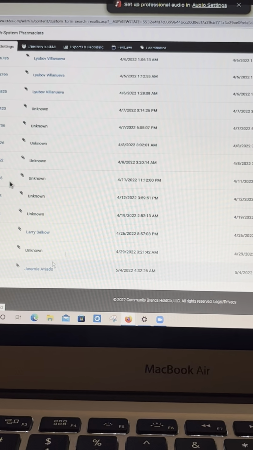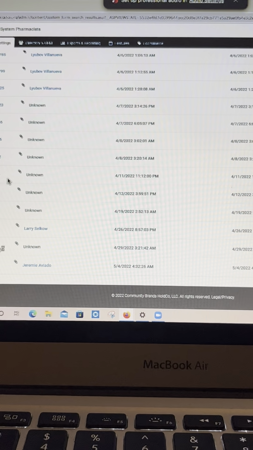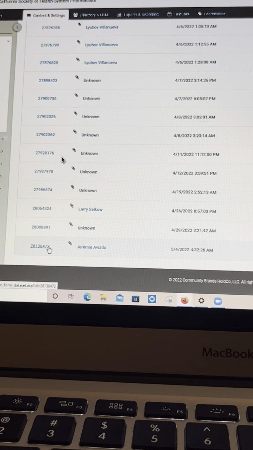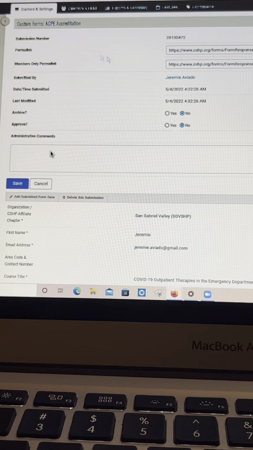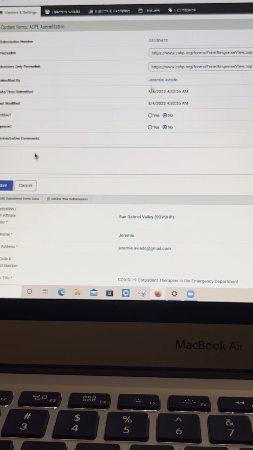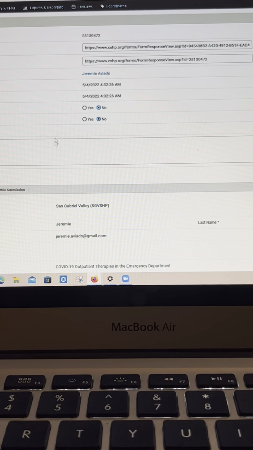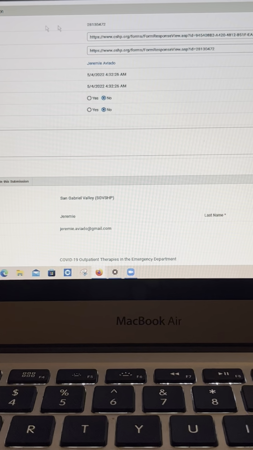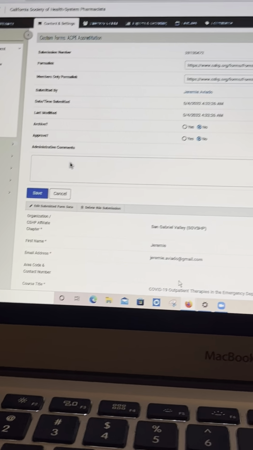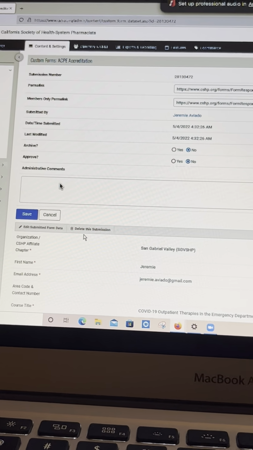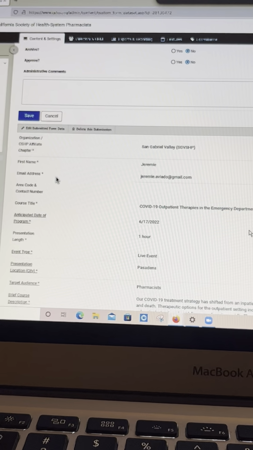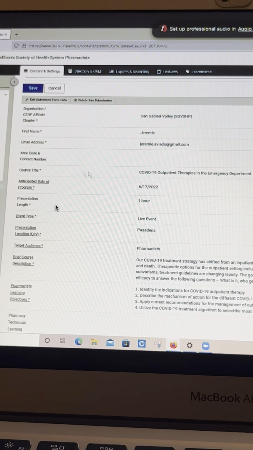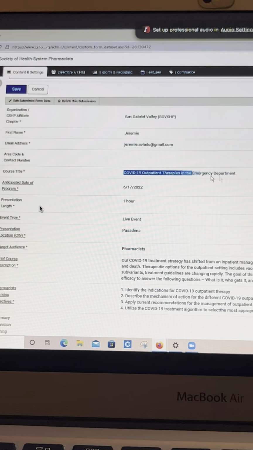Yeah. Okay, so this is where you find the initial submissions. And then you would just click on this number hyperlink here. This will give you basically what they submitted. And this is what I take and put on the UAN tracker, which has all this information in there. You have who submitted it, who's the contact person. This is the title. This is what you're going to need